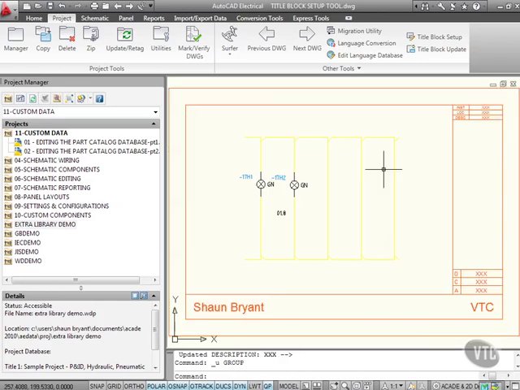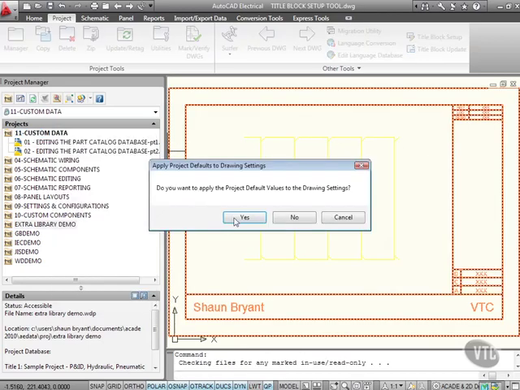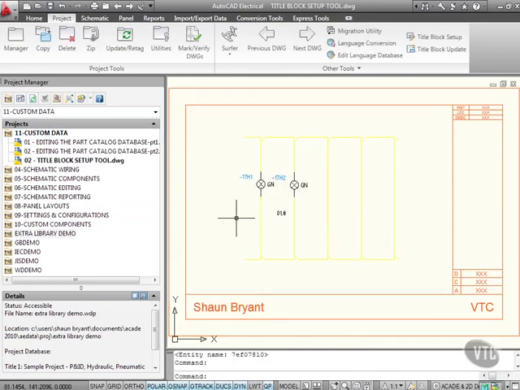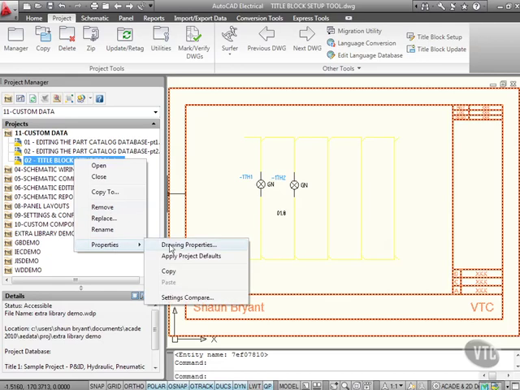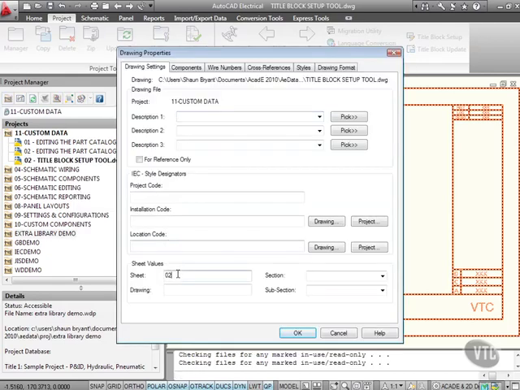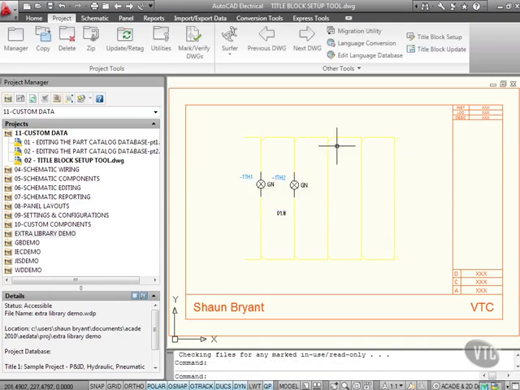description. Now before we do anything else, let's right click on our project, add the active drawing to the project and say yes to the project default values. There's our title block setup tool drawing. It's a right click, properties, drawing properties, and we'll change that sheet number there to 03 just for sequential clarity. Okay, let's have a look at this title block setup tool, and what we're going to do here is basically